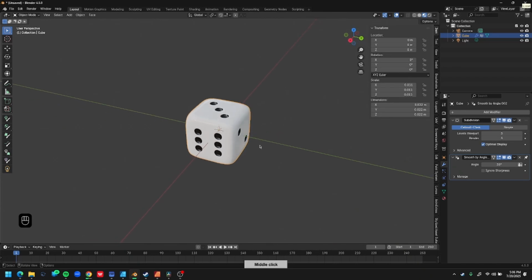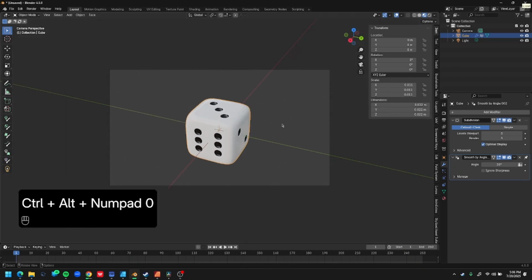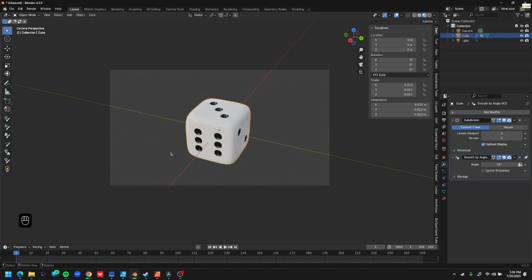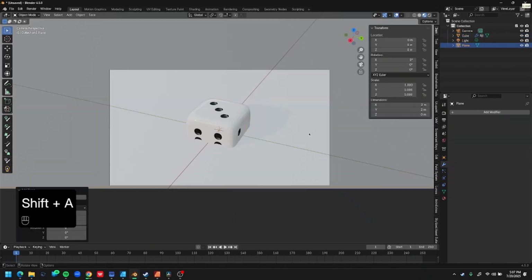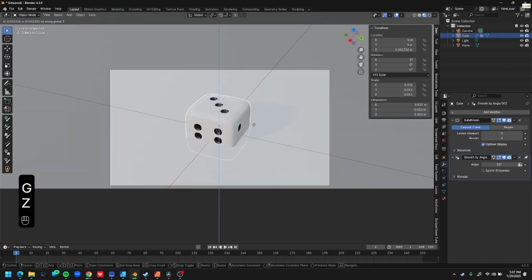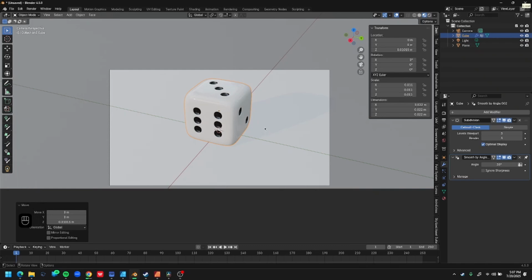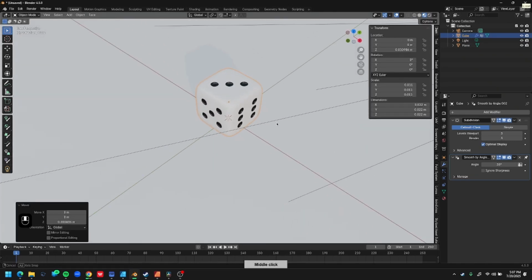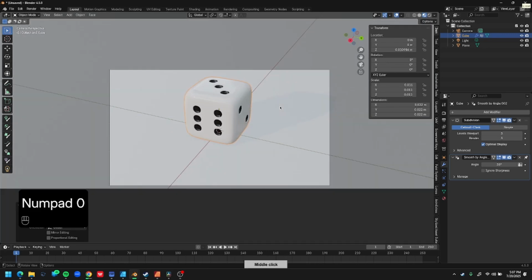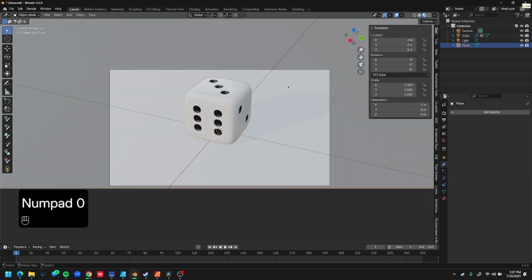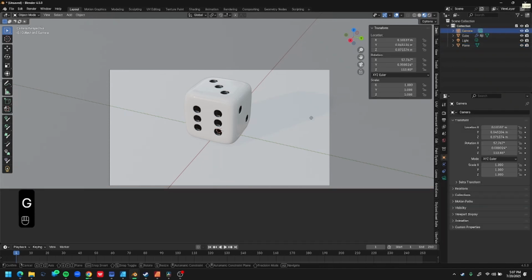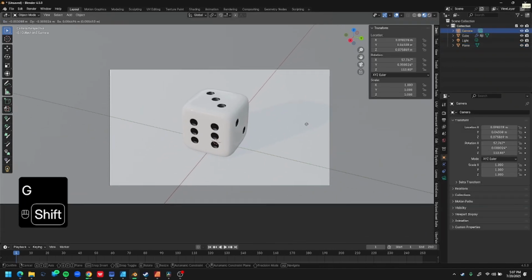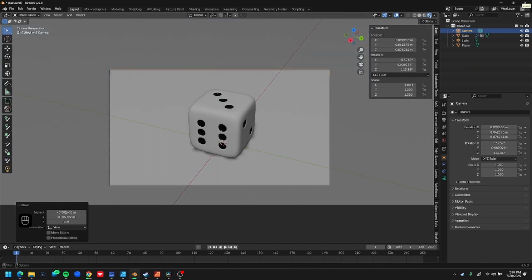Now let's render that real quick, but before we do that, let's go Ctrl Alt 0, which is going to carry this to our current selection of the camera. Let's add for ourselves plane and move this up just a smidge, just above the plane, and just check. We're pressing 1, get it up some more, and now we have a die. So you want to render? Very simple. Let's move this camera a little bit more up and hold shift. Alright, and if you want to render it,